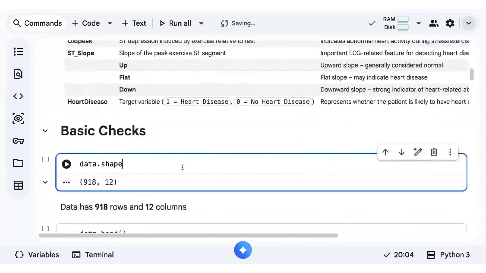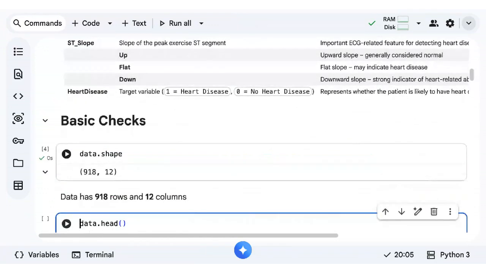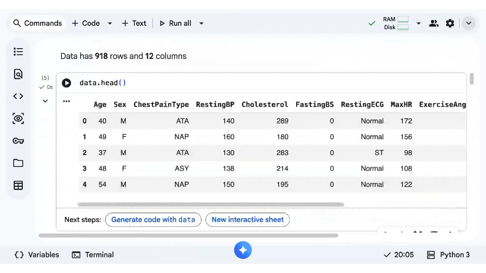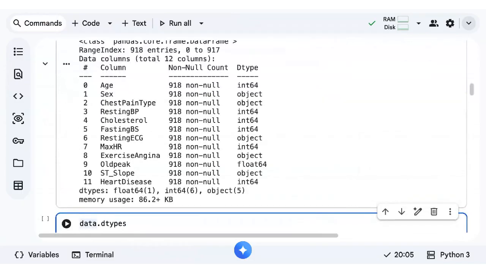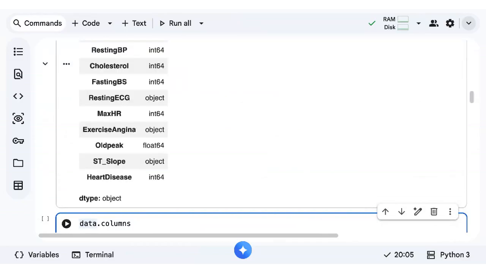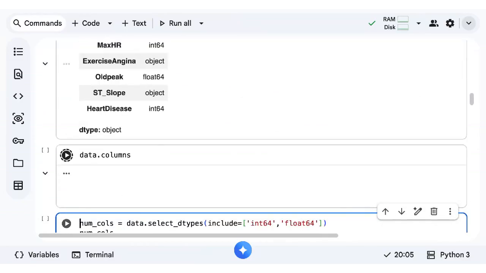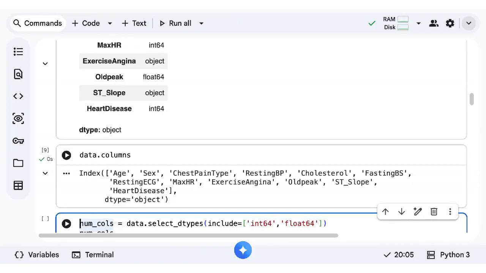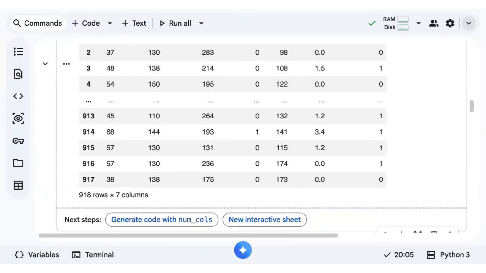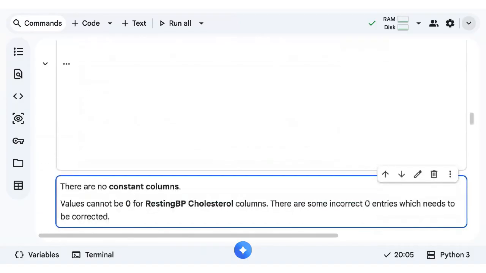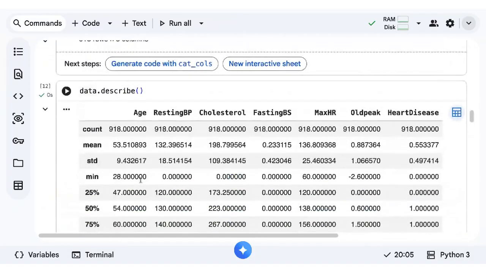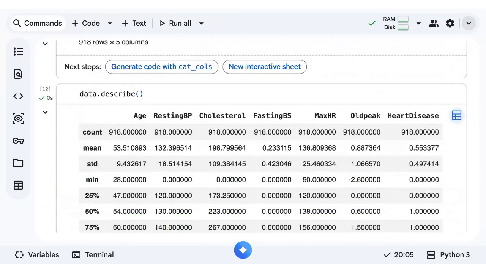And then we performed the basic checks like checking the number of rows and columns, and then printing the first five rows, last five rows, checking info, how much memory it's using, checking the data type of each column, printing all the columns, printing all numerical columns and categorical columns, and then we performed a statistical report with describe. So as I discussed,